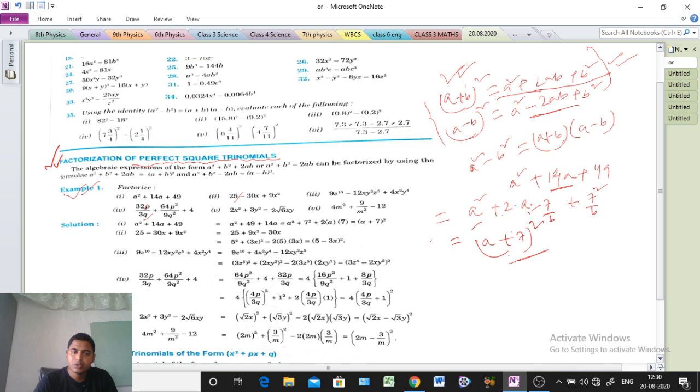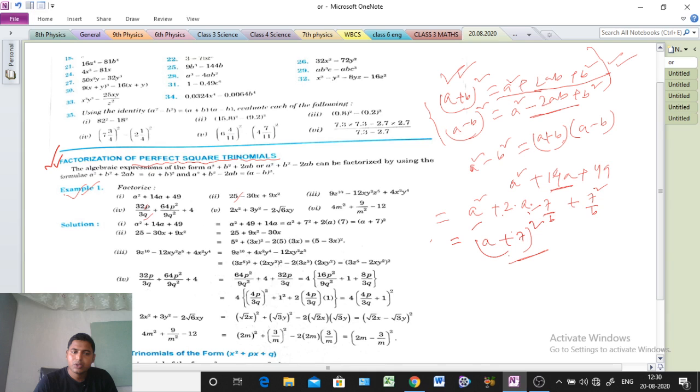See, 30x was there in the question, but here we are getting 2 into 5, 10 is coming, so 3 is left, because 10 times 3 is 30, and another x will come. Clear or not? So now it is coming 30x. Why? Because 2 times 5 is 10, 10 into 3 is 30, and 1x, so 3x. This 3x we will keep together, so this is b. Okay, plus 9x square. 9x square means 3x whole square. Up to this one clear?